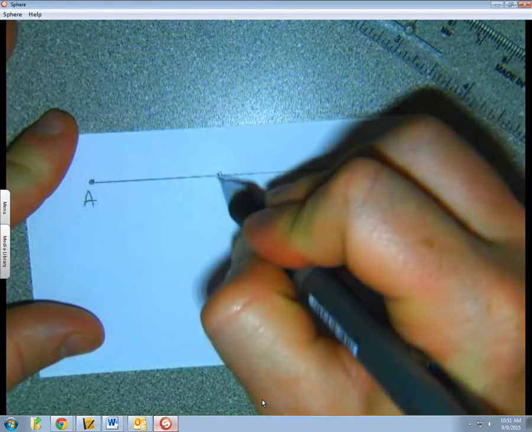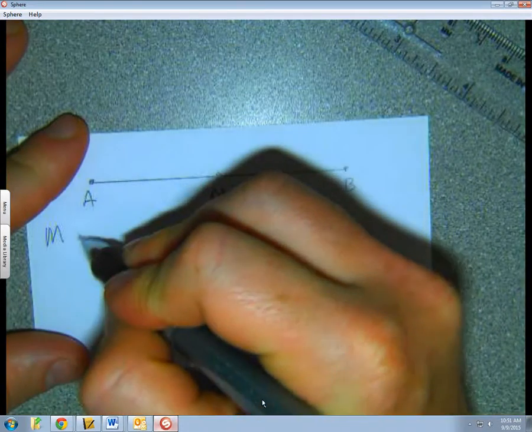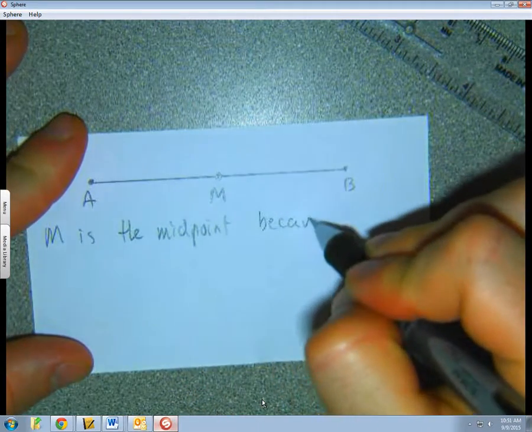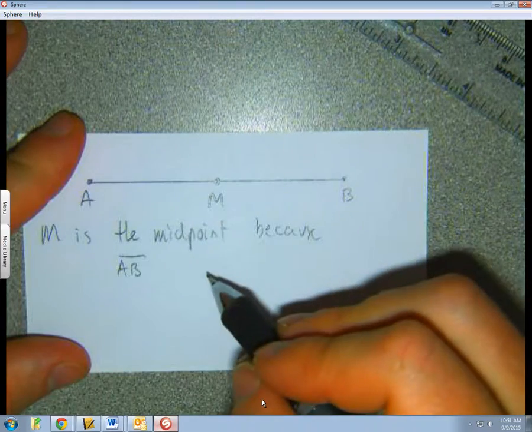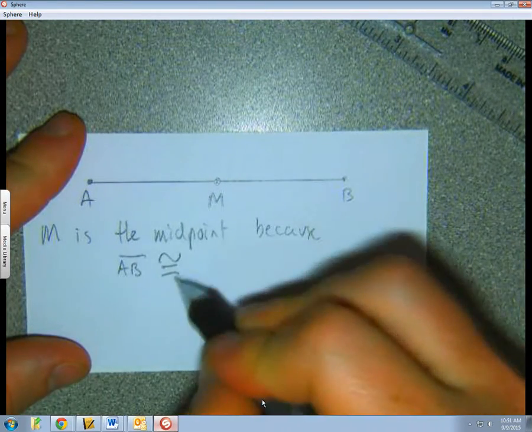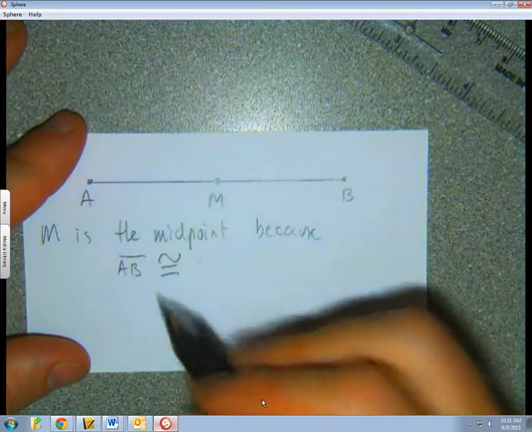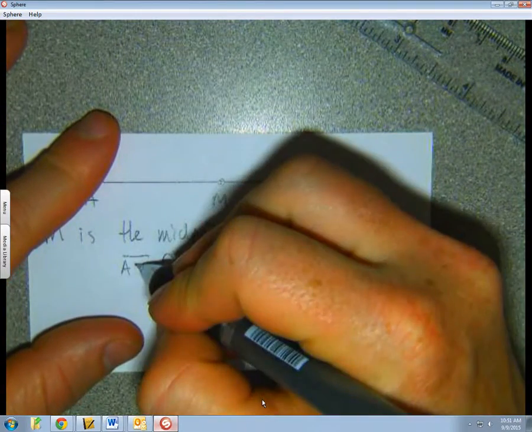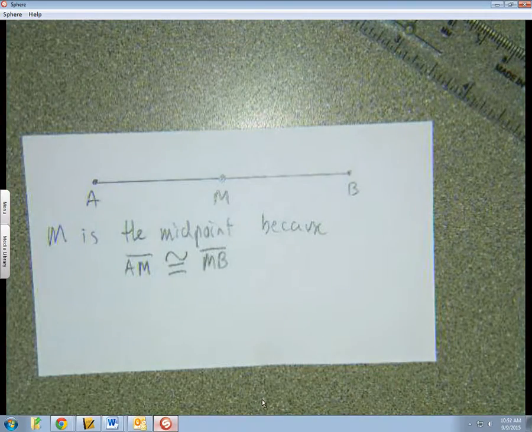A, B, and in the middle we will put M, because guess what? M is the midpoint, because segment AM is the same as, or is congruent to, segment MB. Oops, I said AM, but I wrote AB, so let's tweak that. That's why they made erasers. AM is congruent to MB. Okay, M is the midpoint because,